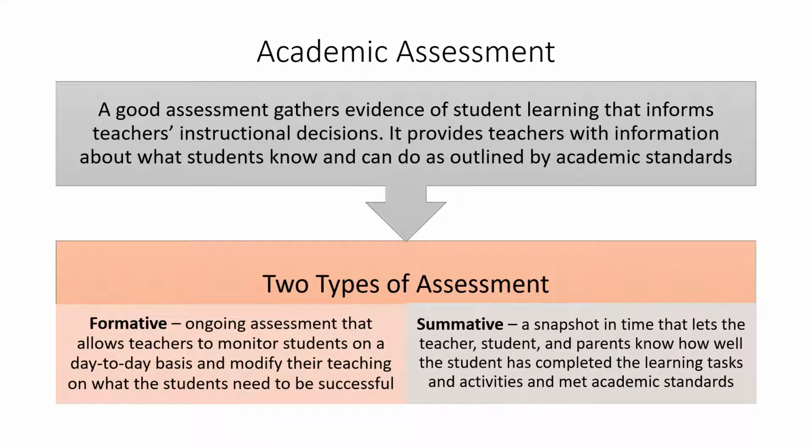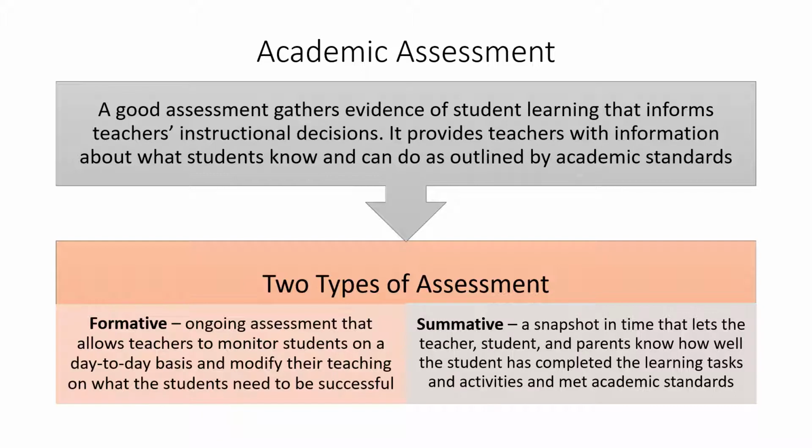An academic assessment gathers evidence of student learning and informs teachers' instructional decisions. Generally, there can be two different types of assessment. A formative assessment, which is an ongoing assessment that allows teachers to monitor students on a day-to-day basis and modify their teaching on what students need to be successful. Sometimes these are called progress monitoring or progress assessments. They could be really short, done in the classroom day-to-day or maybe after the end of a week